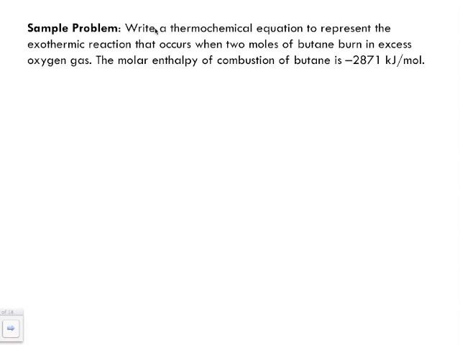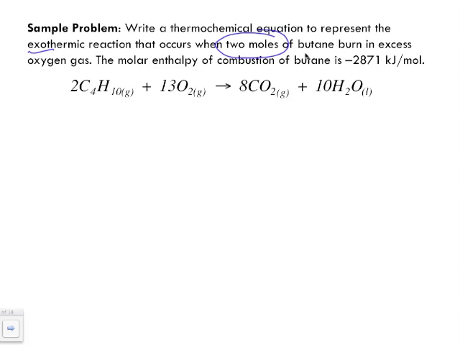This sample problem: write a thermochemical equation to represent the exothermic reaction that occurs when 2 moles of butane burn in excess oxygen gas. The molar enthalpy of combustion of butane is negative 2,871 kilojoules per mole. So we want to start off with our balanced chemical equation. The key though is we're told that we've got 2 moles of butane, so when we balance this equation we want to make sure this remains as is, to show the 2 moles of